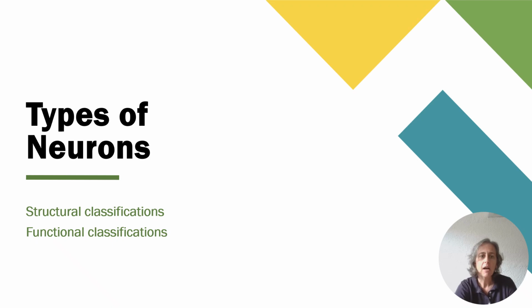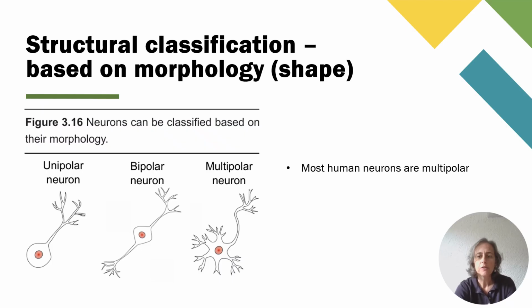So we're going to finish out on neurons by talking about different types of neurons. So there's different ways to classify neurons. You can classify them by structure, which is their shape, or function, which is what they do. So for structural classification, it's going to be based on morphology. Morphology is the fancy name for shape of a cell, shape of anything, really. So like if you morph into something, that's changing shape, right? So morphology refers to shape. So there's kind of three basic